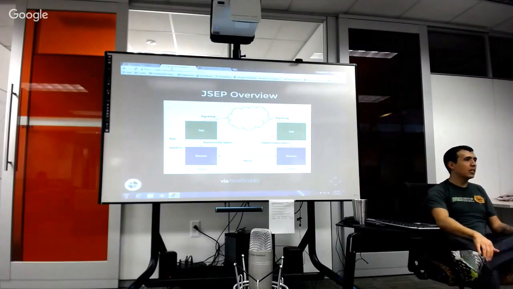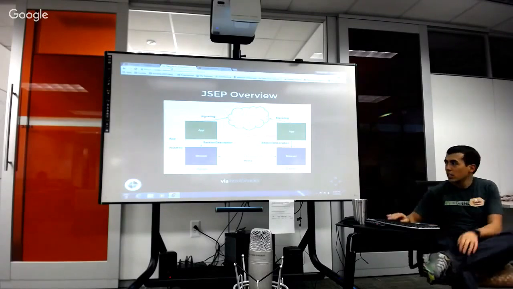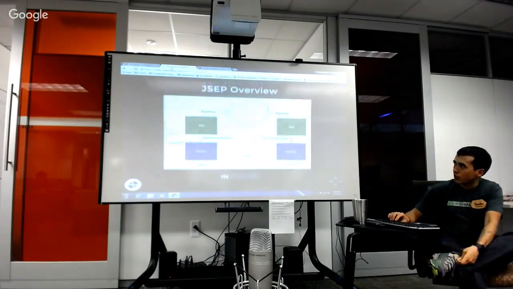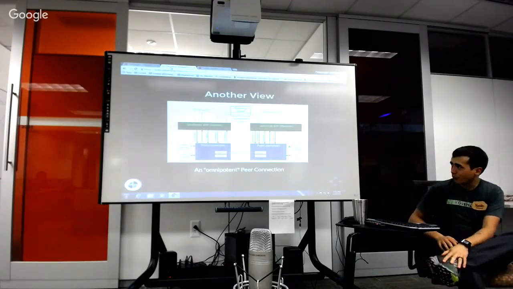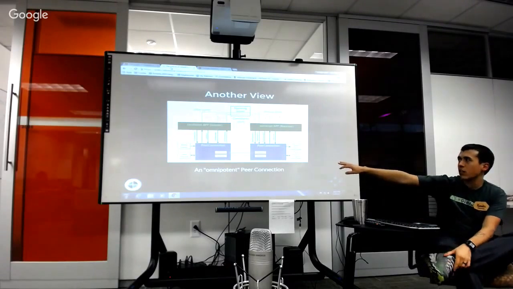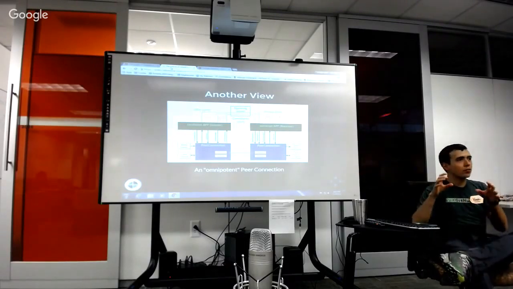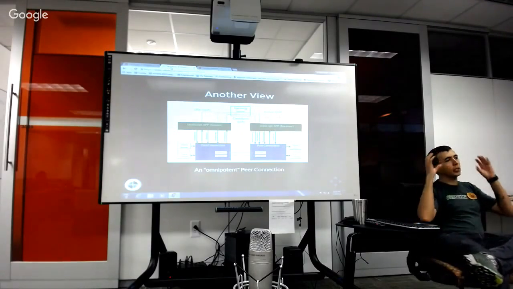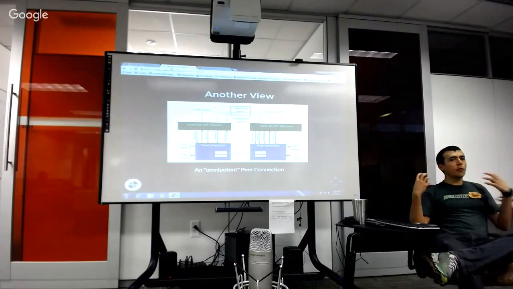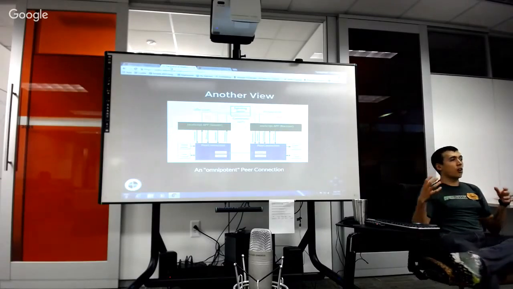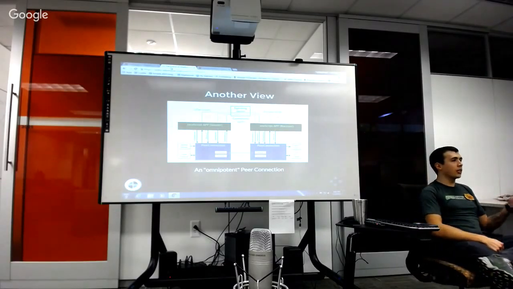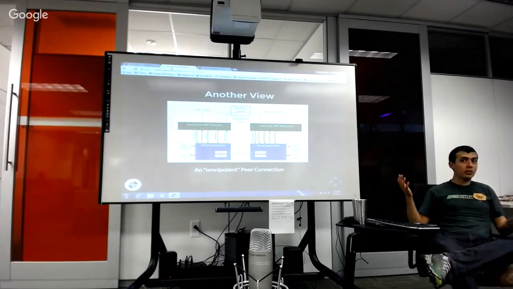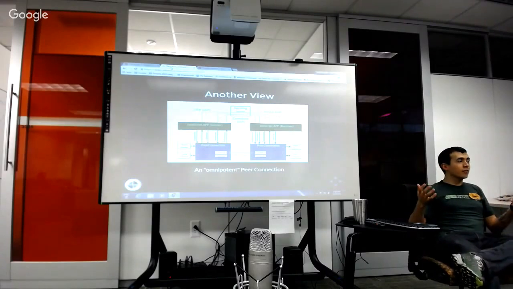It's not a good method to do, because if we look at this, this is just another view of this. You see these peer connections, these blue boxes down here, and there's a lot of stuff bundled inside of there. So this is kind of an omnipotent peer connection. The three major APIs of WebRTC right now are Get User Media, RTC Peer Connection, and RTC Data Channel. Three APIs for the amount of features that WebRTC offers is not awesome, right?